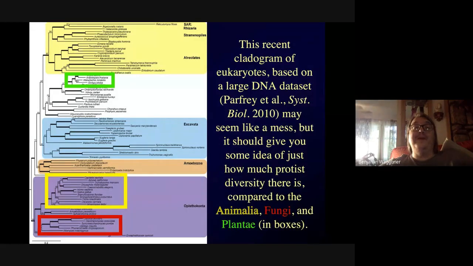But let's just suffice it to say that animals, fungi, and plants don't take up all that much space in this diagram that you see. Most of what you're looking at is various branches of eukaryotes that don't belong in any of them. So protista is all of that, and you can see why that's a paraphyletic group. The last common ancestor of every one of those branches was also ancestral to animals, plants, and fungi.